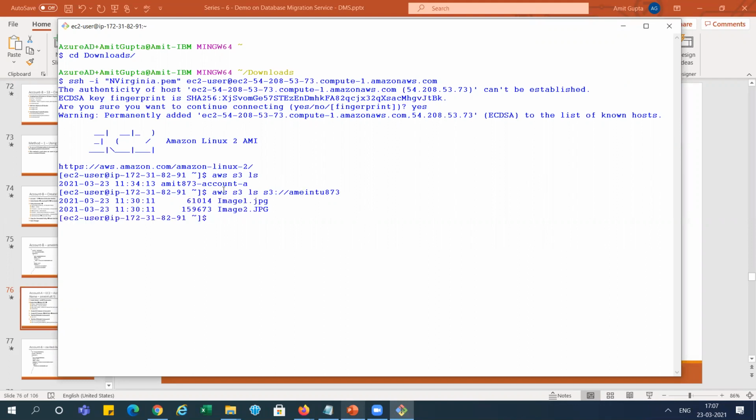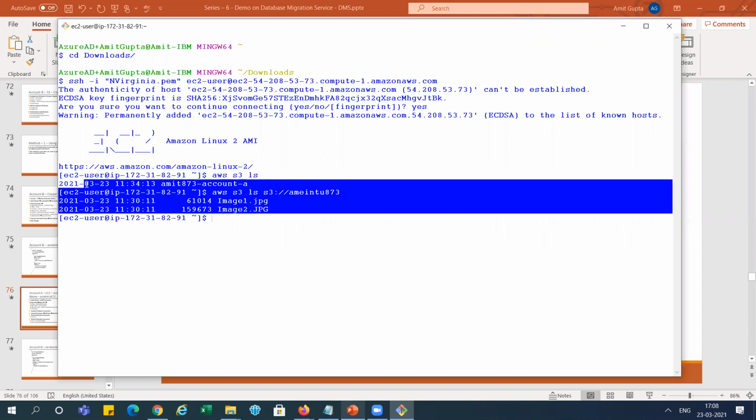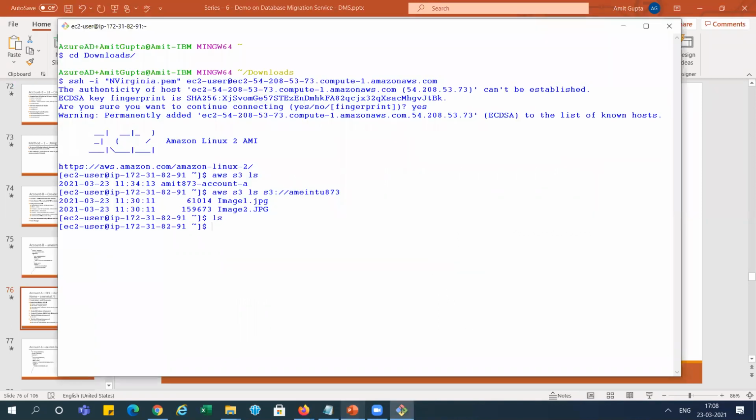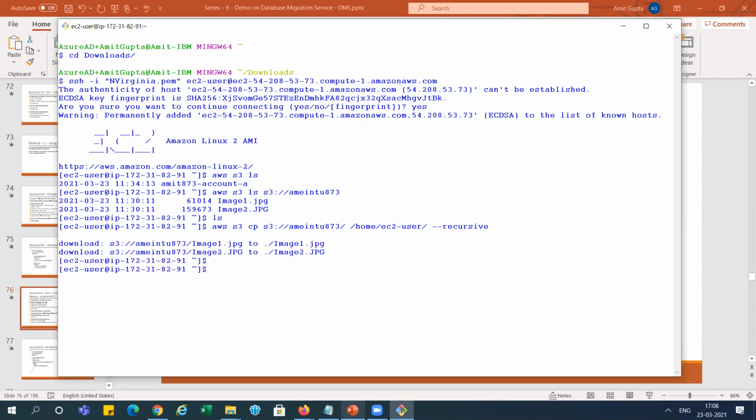Now you can see here we are able to see the details, which means our bucket policy is working fine. We are able to see it, right? And if you want to copy all those documents to the local system, we can do it. So let me modify it here itself. Because you can see in run, we don't have anything, so I'm running this, copying the data. You can see it is copied, and we were able to get two files from there, right?